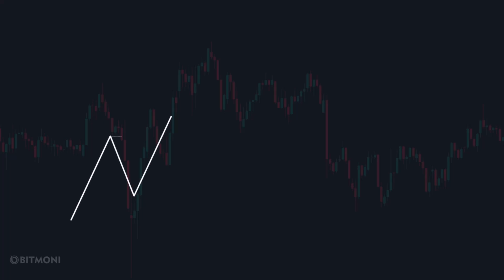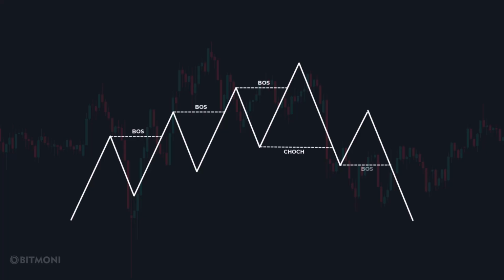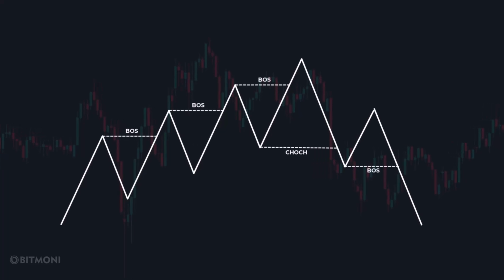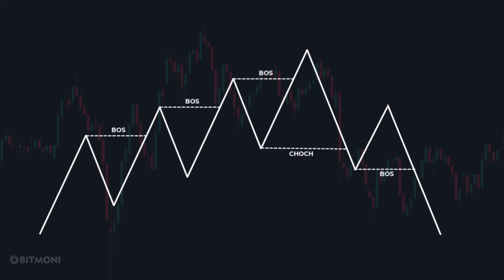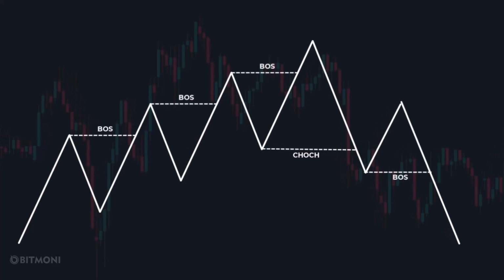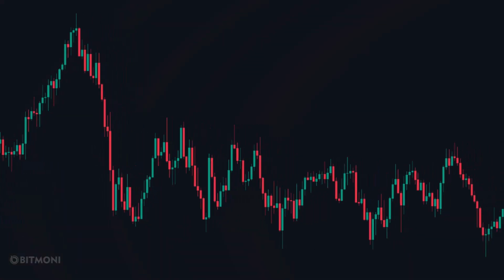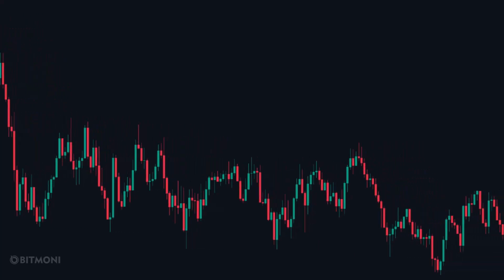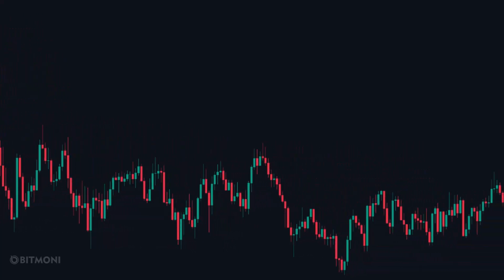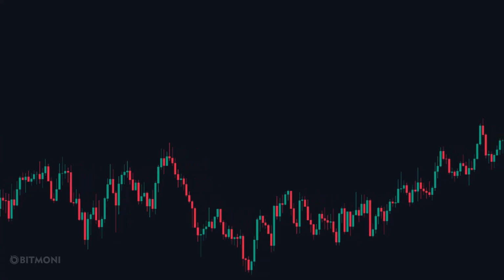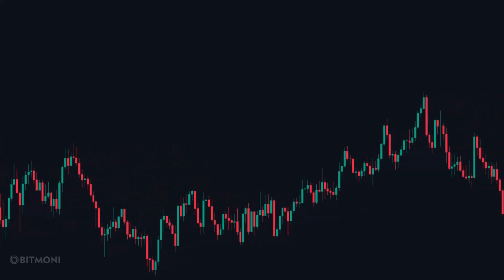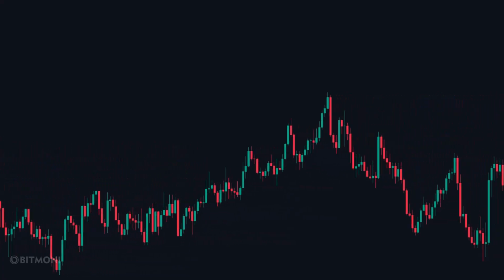Understanding market structure is a game changer for traders of all skill levels. It helps uncover the actual direction of the market, pinpoints possible reversal zones, and provides valuable insights into how price behaves. In this video, you'll learn how to interpret price action like a seasoned trader. We'll cover essential smart money principles, starting from the basics and gradually advancing, so you can accurately read market structure